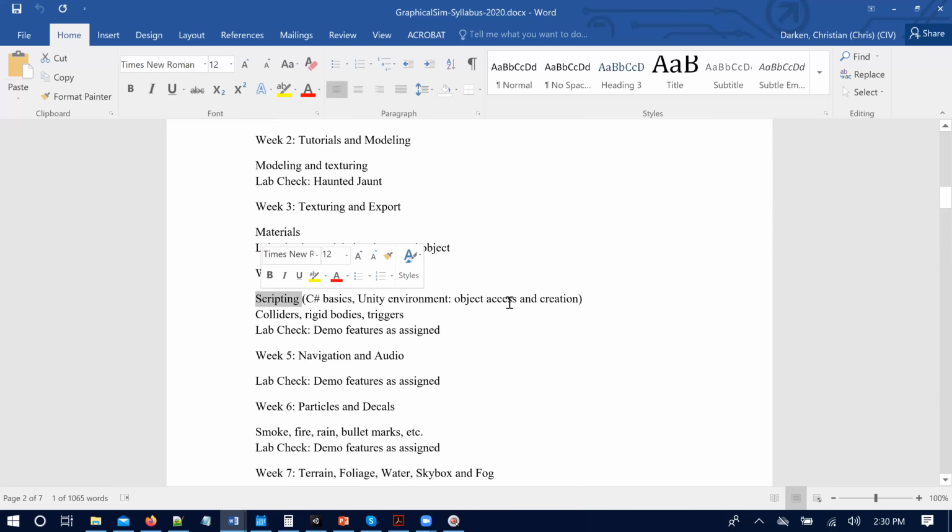Okay, so even stuff like scripting, you will see it. It's very apparent when you read through the Haunted Jaunt tutorial or the other one. They're not assuming you know anything about coding. They're pretty much just telling you, hey, type this in at that point in the code. But that's not adequate for you guys. You have just spent two quarters learning programming. You all have some level of programming capability. So you need to understand it at a deeper level. So that's where we'll start on the scripting topic. We'll go through, let's